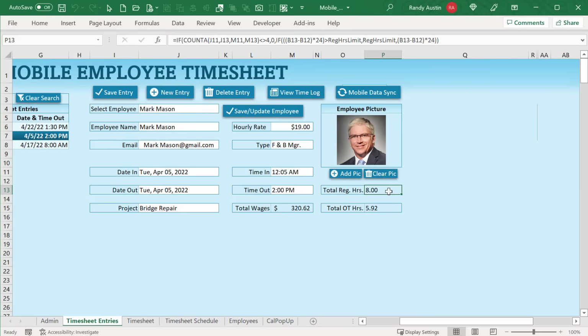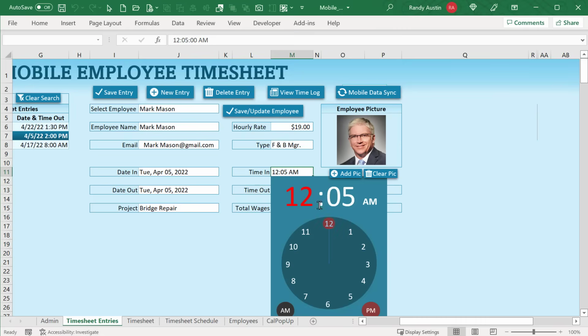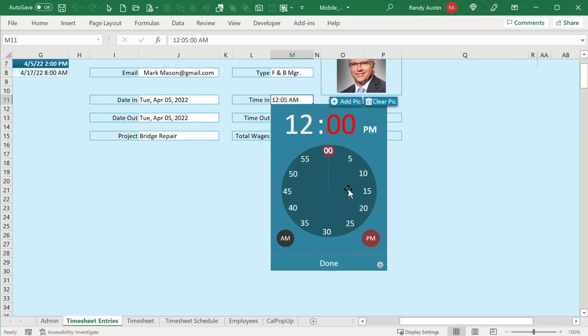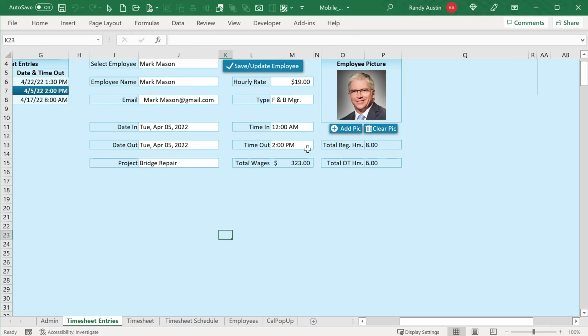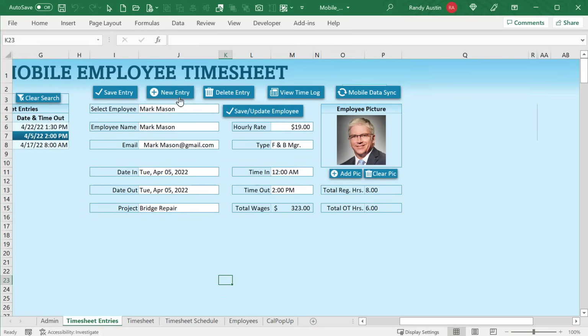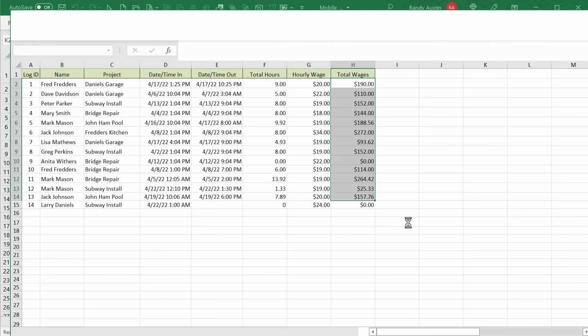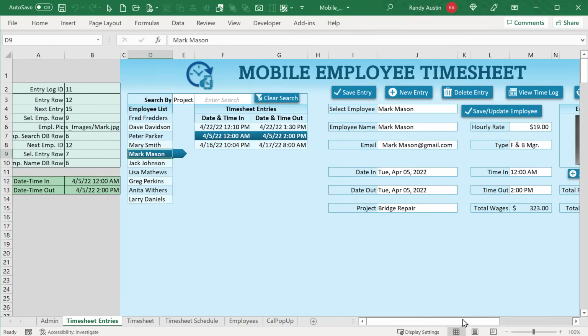So what I want to do is put 8, because we've got a lot of overtime from 12 a.m. to 2 p.m., right? It's a lot of hours there. So if it's just 12 a.m., let's make it simple here, right? Why not? 12 a.m., and then we'll put done, actually a.m., done. So here, to make it simpler, we've got 8 hours and we've got 6 hours of overtime. So in this case, what I want to do is put that, that's our database being updated, and